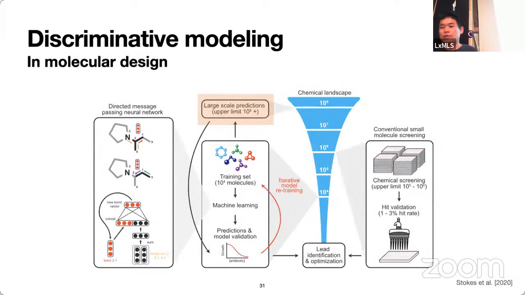In molecular design, for instance, in small molecule design, which kind of aims at making those pills that you take, what happens is that we often have a gigantic library of possible small molecules, or, let's say, constituents that we can actually mix and match to build tons of candidates. And then the goal is, given a new disease, which one of these, let's say, 10 to the power of 8, but I think we can go to 9 and 10 these, 9 and 10 candidates are going to be worth testing further and further.